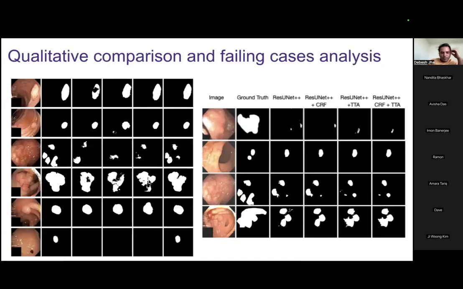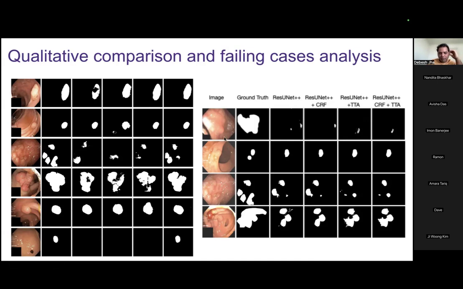This slide is interesting because this was my initial work, and when I showed this slide to a doctor, for example, for these kinds of cases, these are easy to detect polyps, so anyone can know it is a polyp or a colorectal cancer. But for cases like this, where this is the ground truth, no other model could detect it, and ResUNet plus plus could detect it. So it has some clinical significance. This is also a reason why it became more popular.